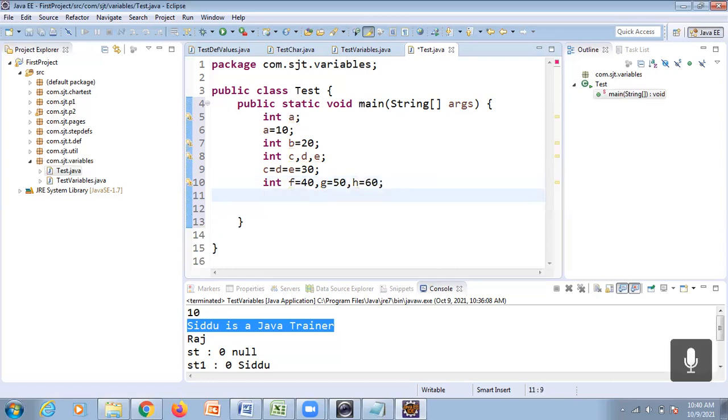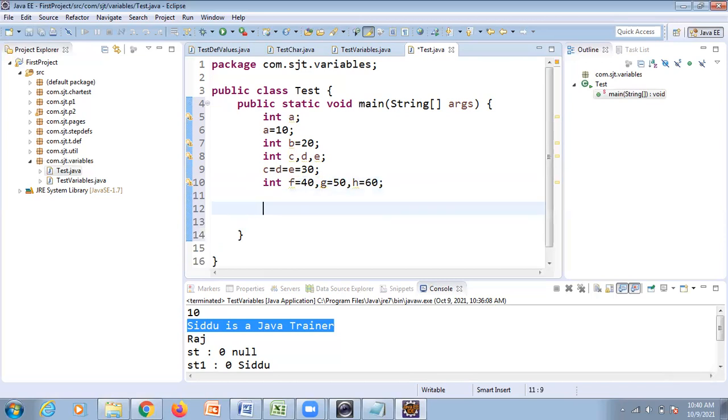Okay, right. And all these things you can print, a b c d e f g. So that you can print.